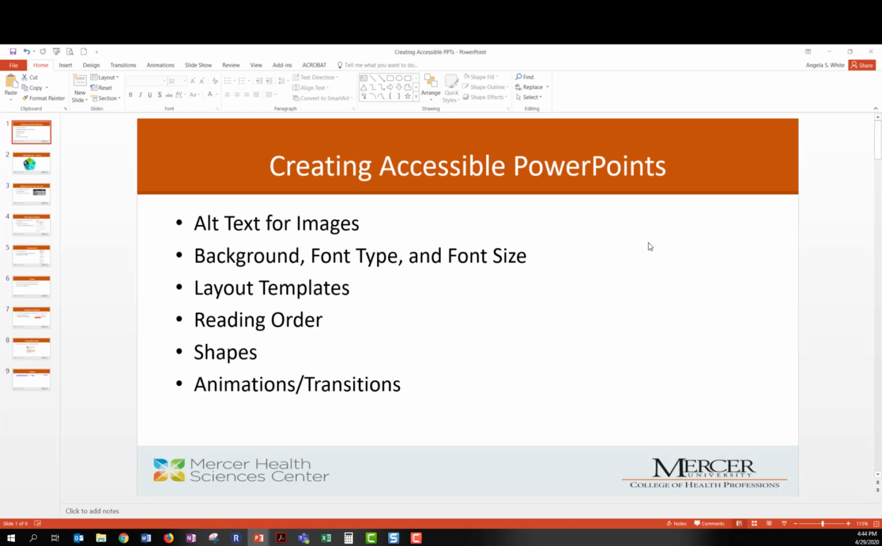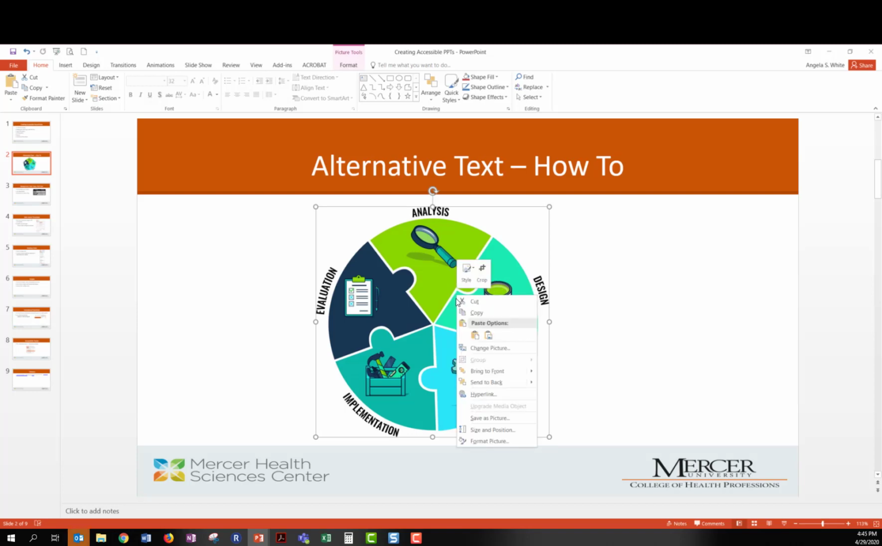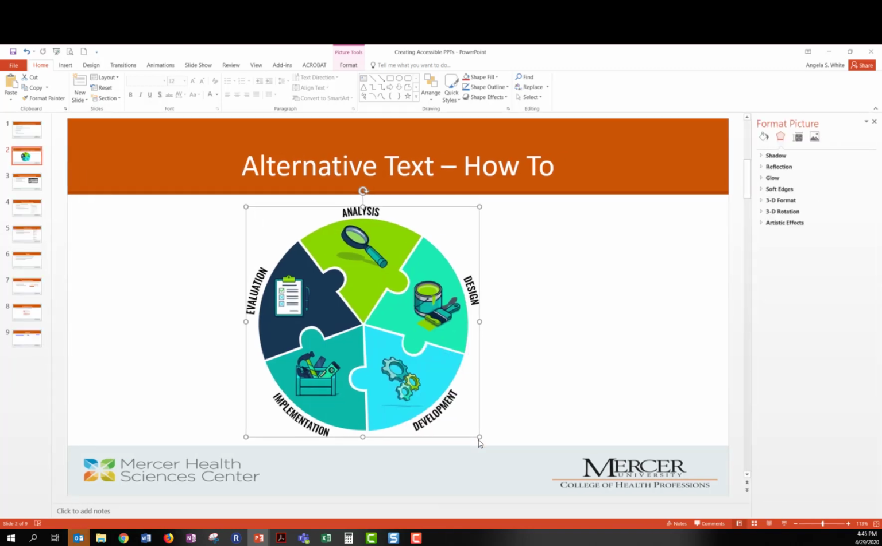So first we're going to start with how to add alt text, or alternative text, to an image. Now what this does is it allows for a screen reader to read that alternative text to the learner. And so the way to do this in PowerPoint is to click on the image, and then you're going to right click, go to Format, Picture,